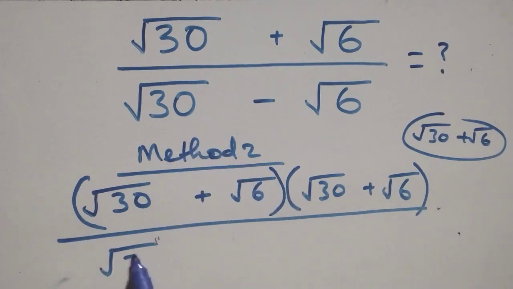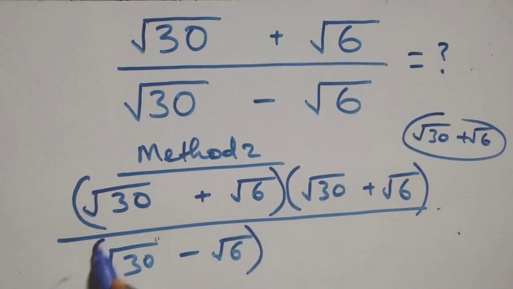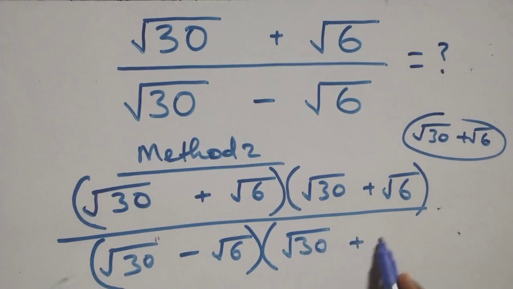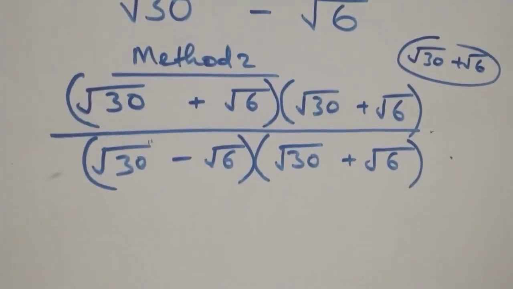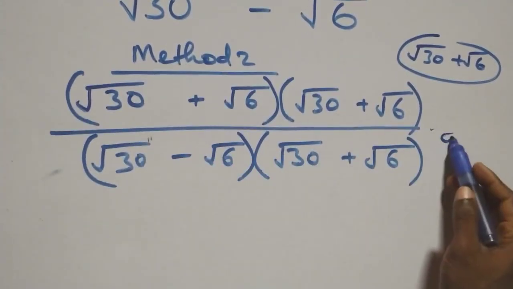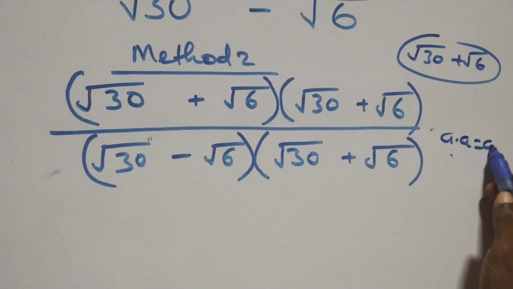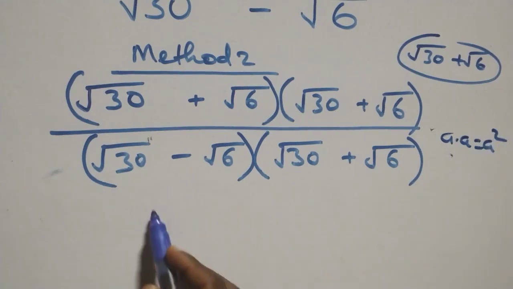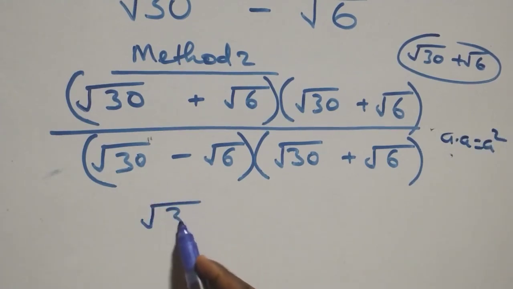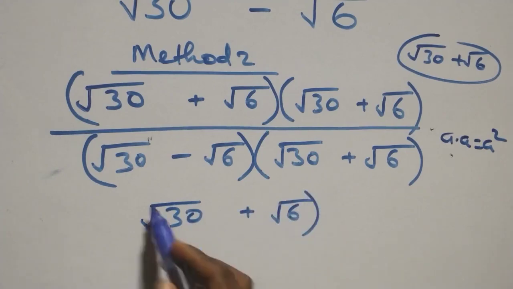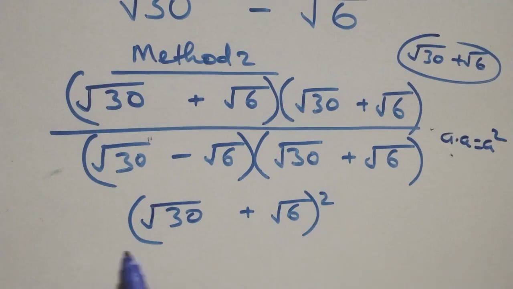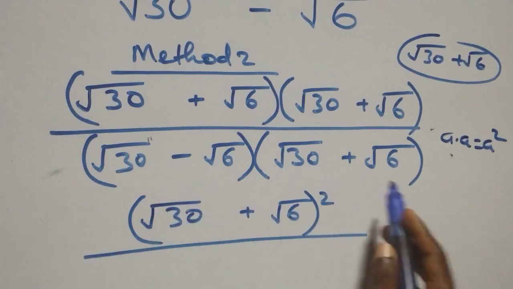We have root 30 minus root 6 multiplied by root 30 plus root 6. Then next step here, we have same thing multiplying also a times a, which is the same thing as a squared. And what we have becomes root 30 plus root 6 all squared over this here also